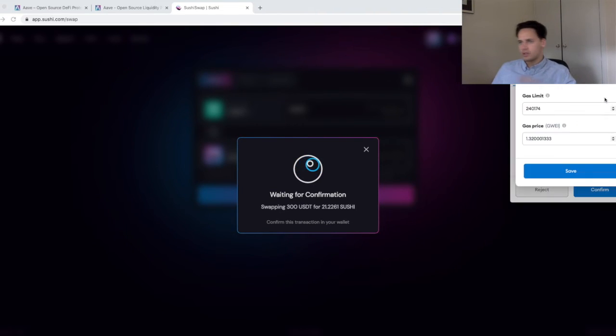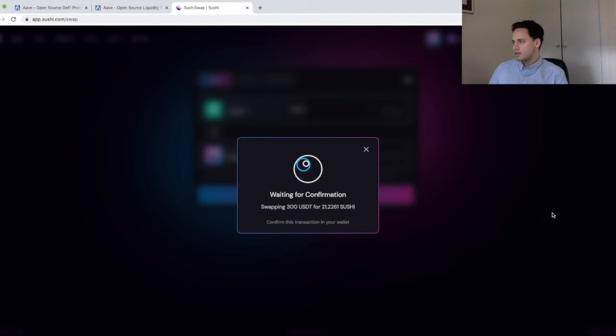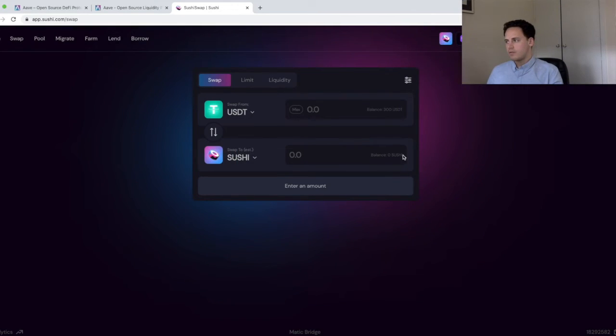that spans across the whole DeFi ecosystem, rather than Uniswap, which really only exists majorly on ETH Layer 1 at the moment, and is going on to those ETH Layer 2 solutions such as Arbitrum and Optimism in the near term as well. So here we're just confirming the transaction in our wallet to transact between USDT and Sushi. And then once that confirms on the blockchain, we will have Sushi in our wallet.